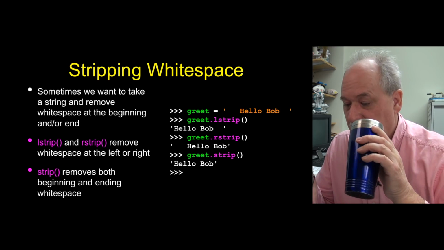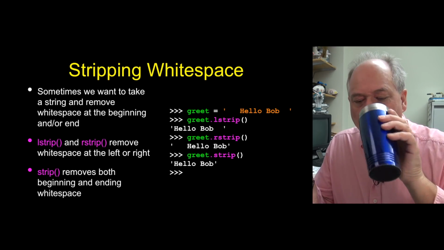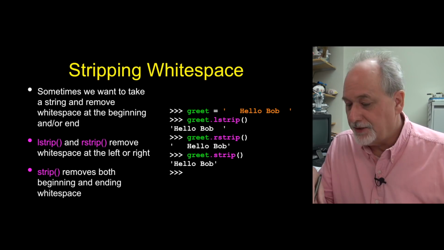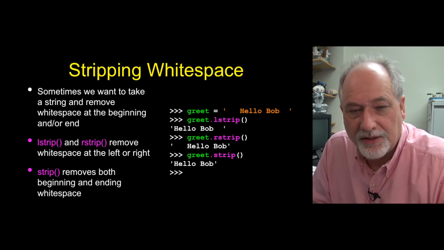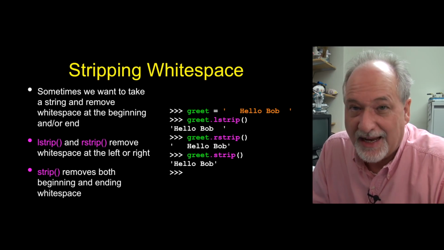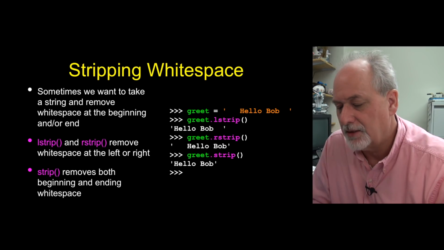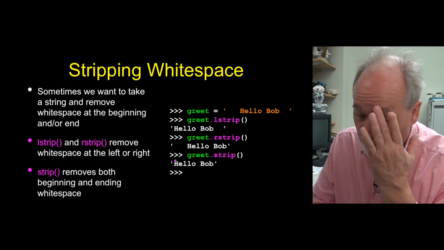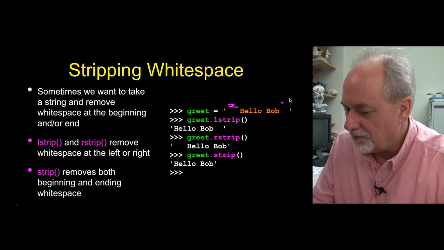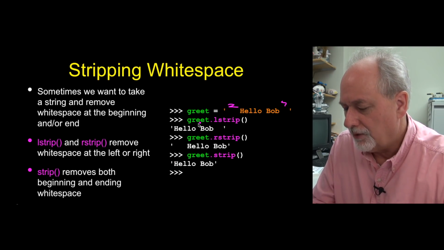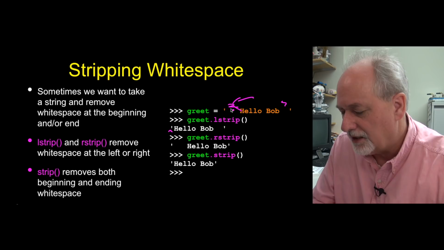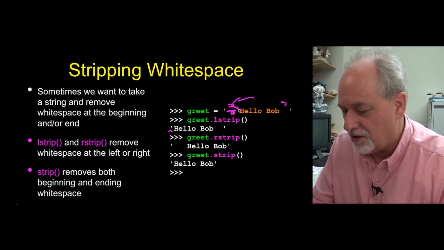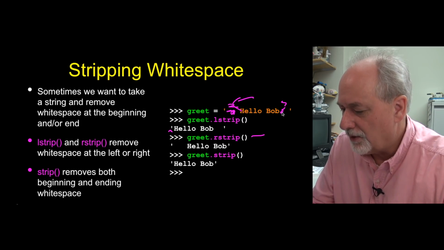White space, as we'll see, is a big deal. And white space is not just blanks, although that's the most common thing, but it's also sort of non-printing characters like tabs and new lines and other kinds of things. And so we have a number of different ways to strip white space. So here we've got some spaces at the beginning and spaces at the end, and we do an lstrip, and that throws away the spaces at the beginning. That's the left, so that's a left strip. If there's nothing there, it doesn't harm it. rstrip means throw away all the blanks on